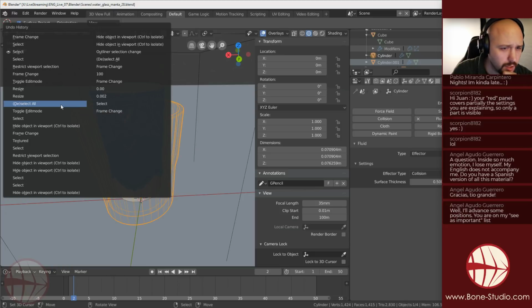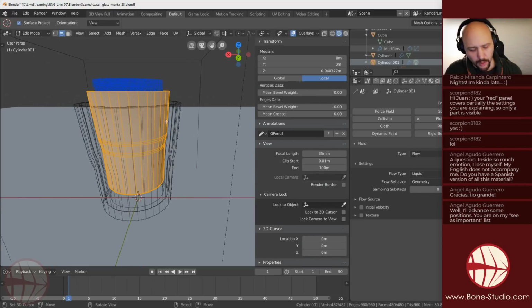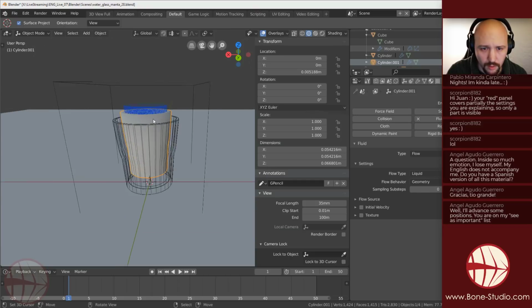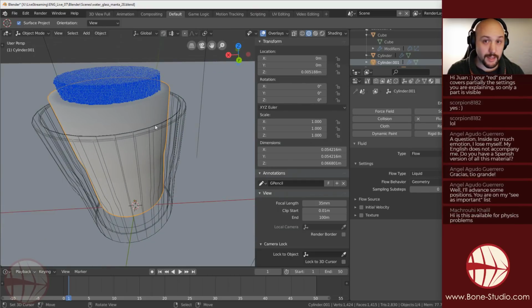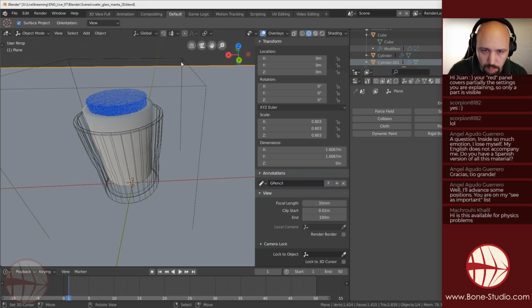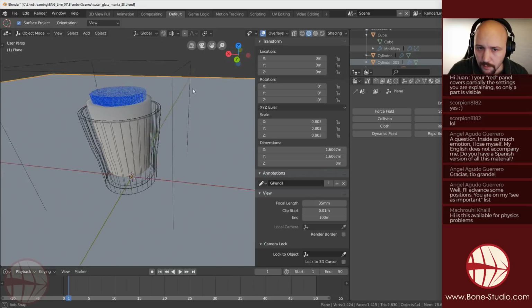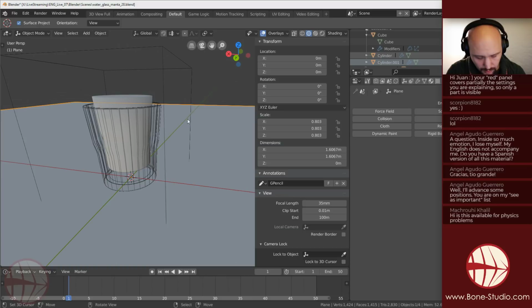Yeah, this is okay. I prefer this size. So it's exactly the same as we have in the Flip Fluid Simulator. So let's check this,